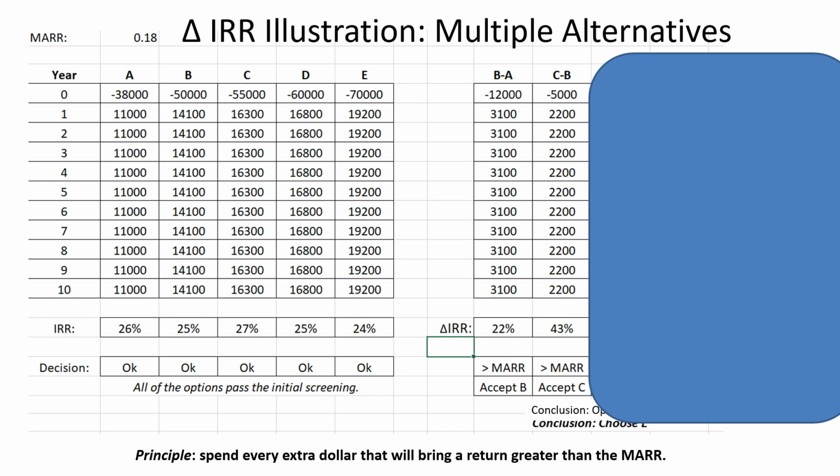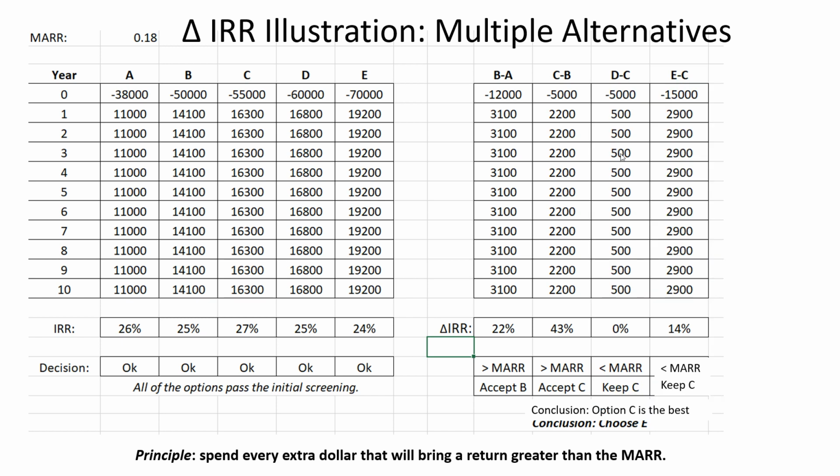Okay, so option C is now the current champion. So the next alternative that I compare it to would be D versus C. So you can see here I did D versus C. It had a rate of return of 0. So that's no good. I reject alternative D, and so the final comparison is not E versus D because D has been rejected. The last column that you can see here is E versus C because C won the matchup